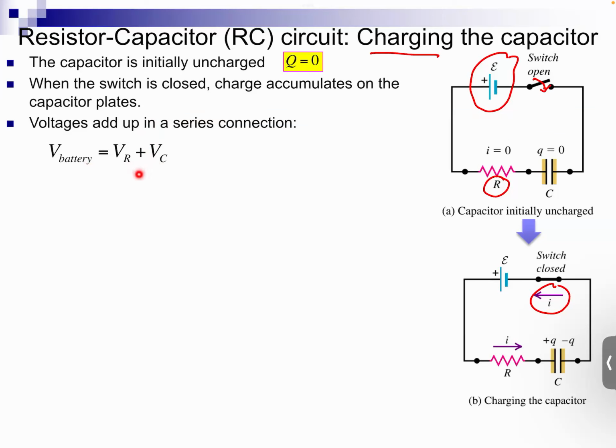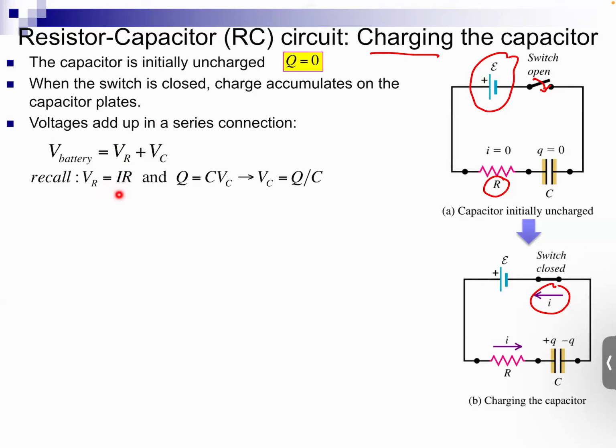The voltage across the resistor and capacitor should equal the voltage of the battery. Okay, so you have this Kirchhoff's loop rule equation, which satisfies conservation of energy. To understand what's happening during the charging up process, let's expand this equation using the definitions for Ohm's law